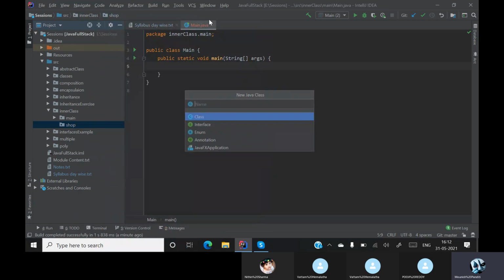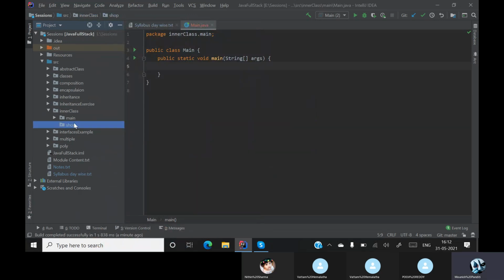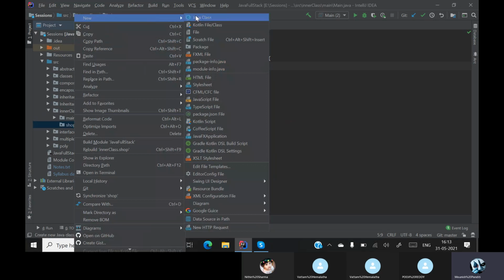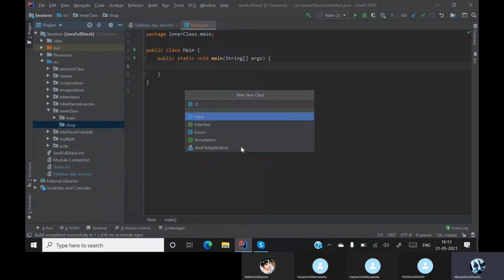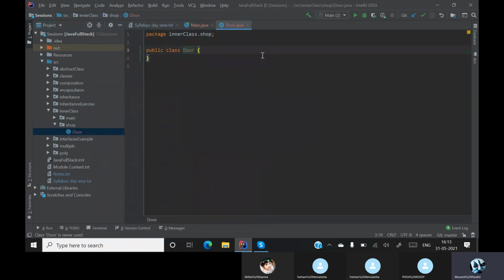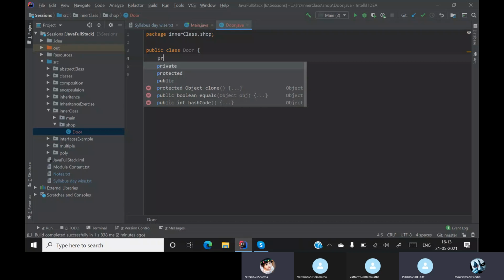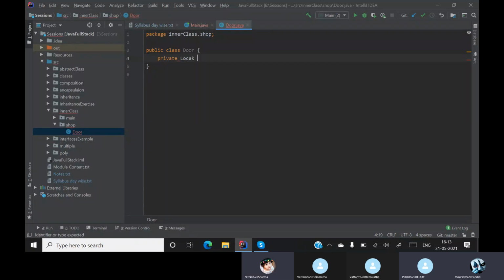So inside a shop, there is a door. Okay, we have a door. So will a door have a lock or not? Yes, sir. The door will have a lock, so I'll put private lock. Lock is a class.